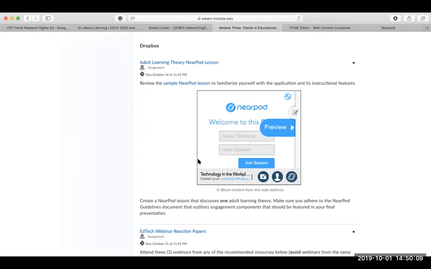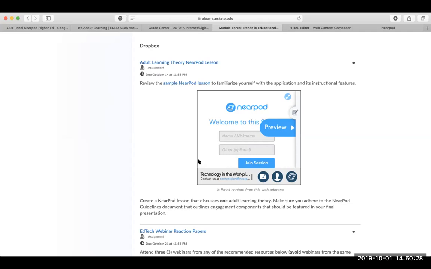Nearpod is one of the leading multimedia presentation organizations for K-12 teachers, and they are now moving into the higher ed arena, looking at this idea of engaged lessons and making sure that users have a strong interface and experience